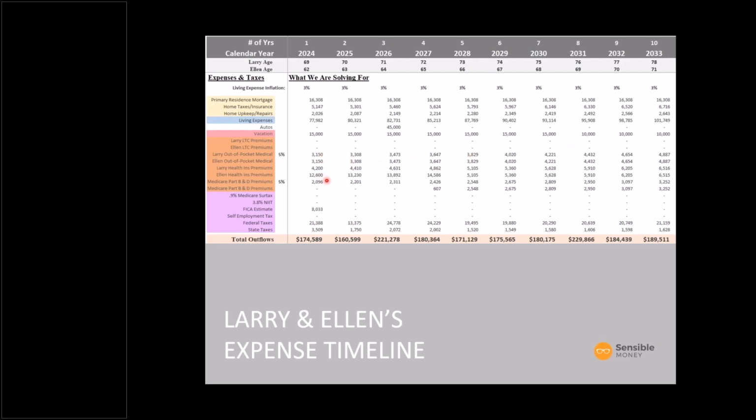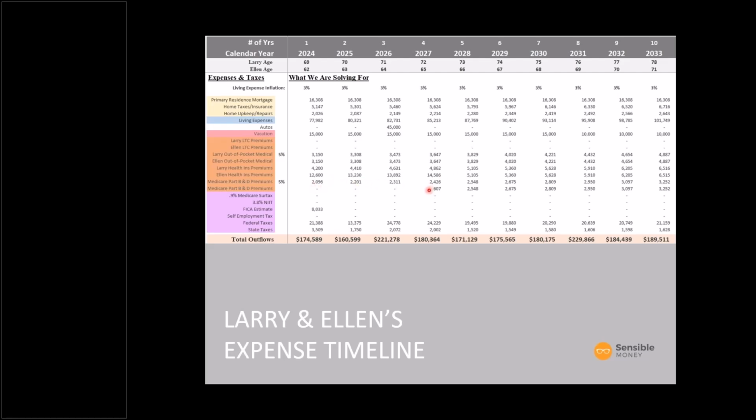We've got healthcare, out-of-pocket, and other things you need to account for. If Ellen were to retire before she reaches the age of 65, she's going to have to buy a healthcare plan, probably off the marketplace, what's called a marketplace plan off of healthcare.gov. And so we have over $1,000 a month built in for the potential cost for that plan. And then that would go down once she was fully on Medicare. So that is an expense you would need to build in if you plan on retiring before age 65.